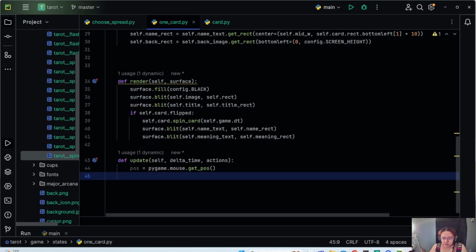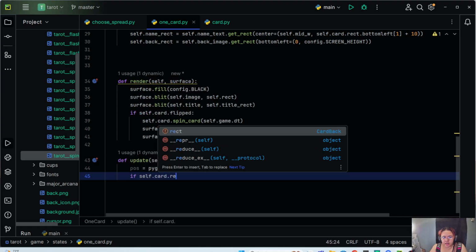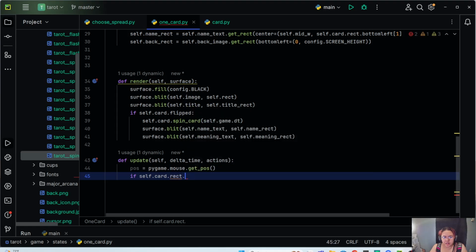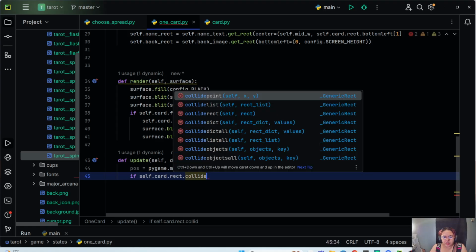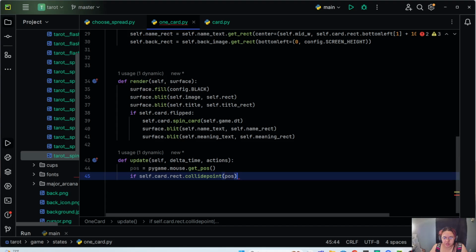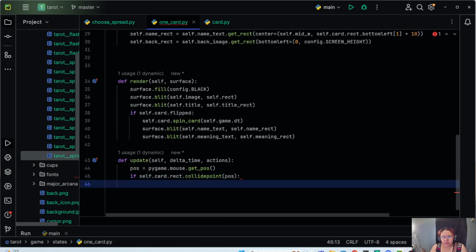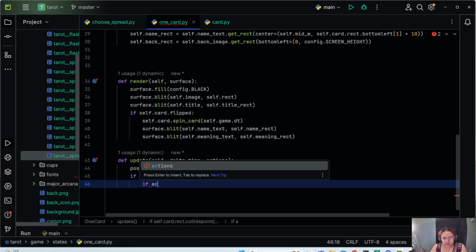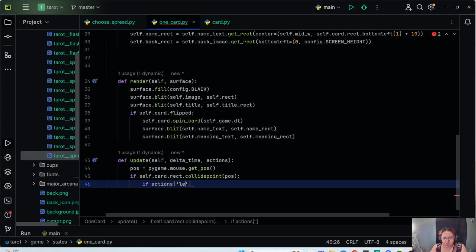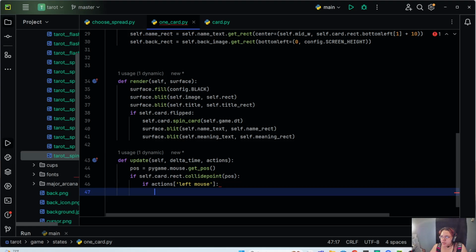Then we're going to do if self.card.rect.collidePoint pause. So if the mouse is hovering over or colliding with the rect, then we're going to check if we've clicked it. If actions left mouse. And if we have, then before we set the card.flipped equal to true, we're going to add the image to the